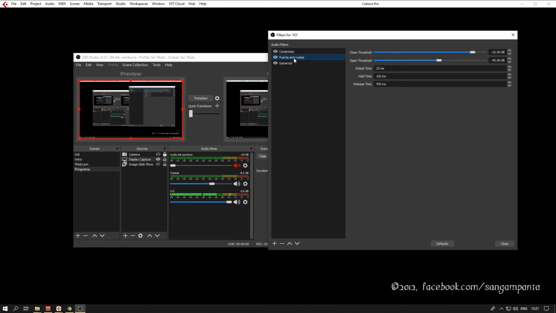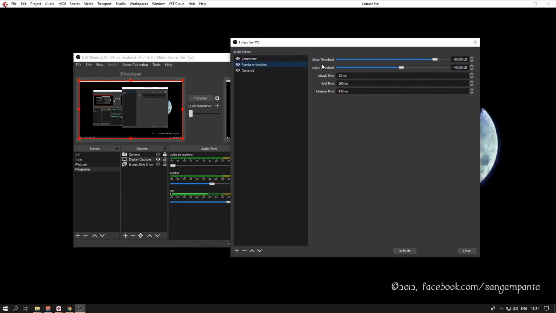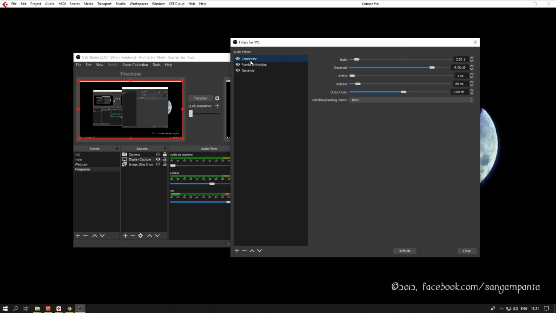And this is the noise gate. Here's the close threshold -10, open threshold -40, attack time 25 milliseconds, hold time 100 milliseconds, release time 450 milliseconds. And here's the gain, 21 dB. And my microphone input from the hardware is